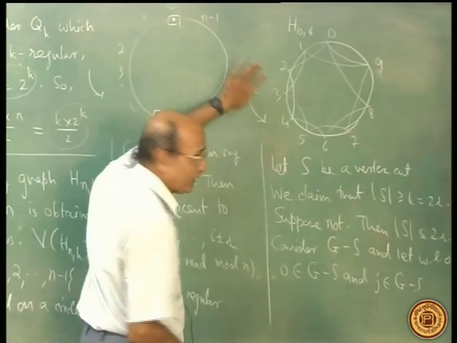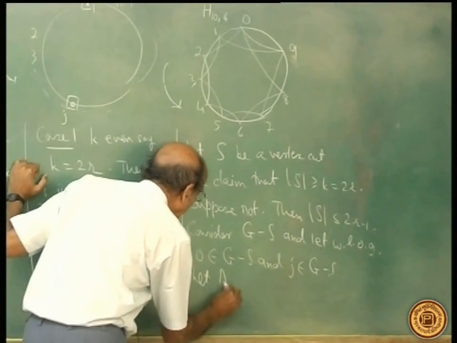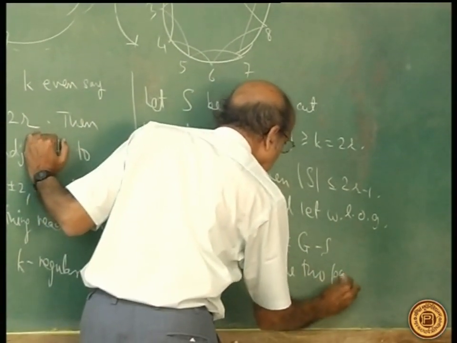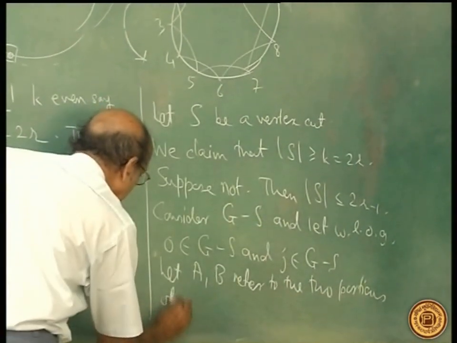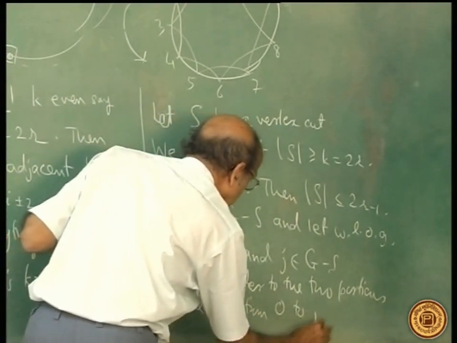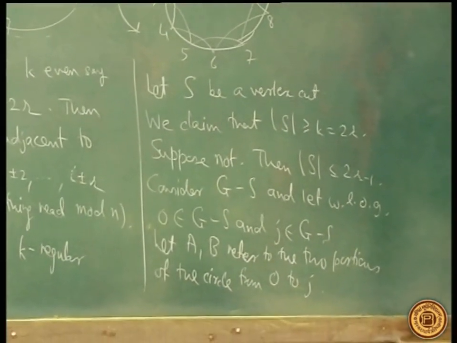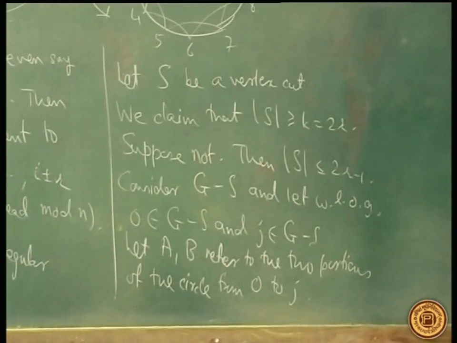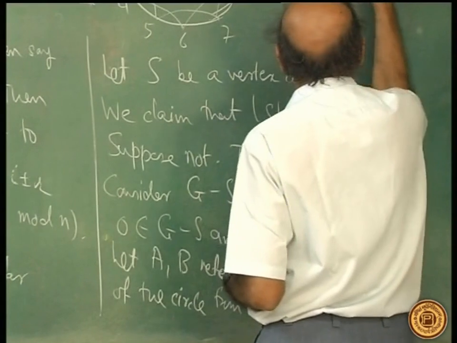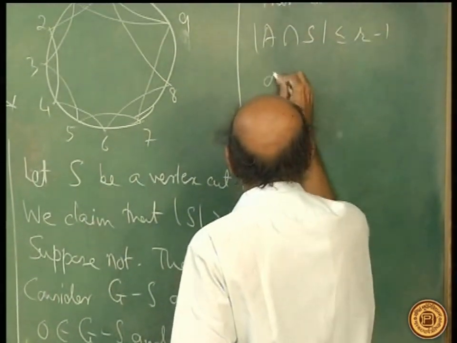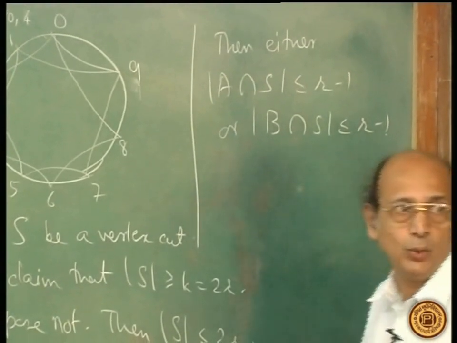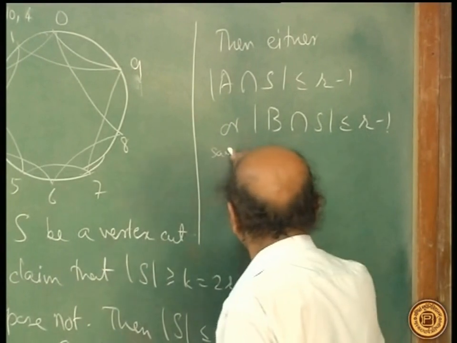Let's call this part A and that part B. Let A, B refer to the two portions of the circle from 0 to J. Then one of these parts, A intersection S, has to be, because the total is only 2r minus 1. Say, without loss of generality,